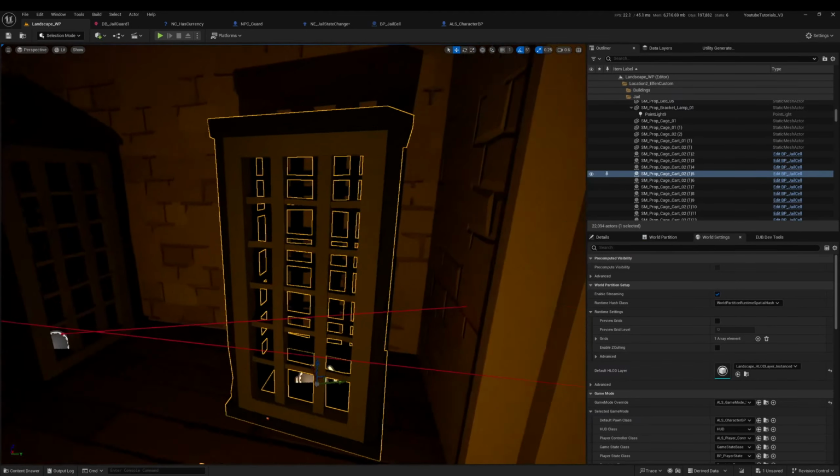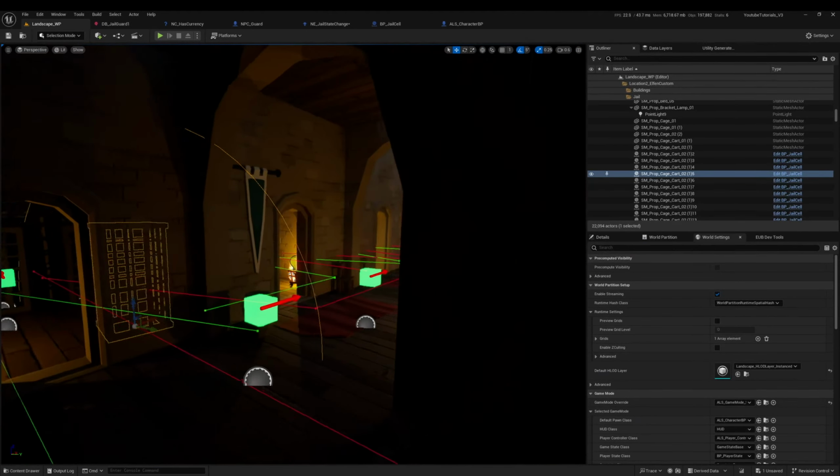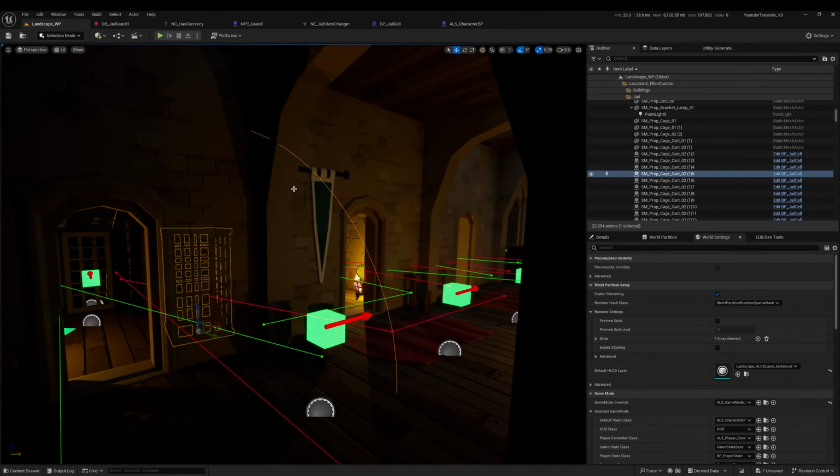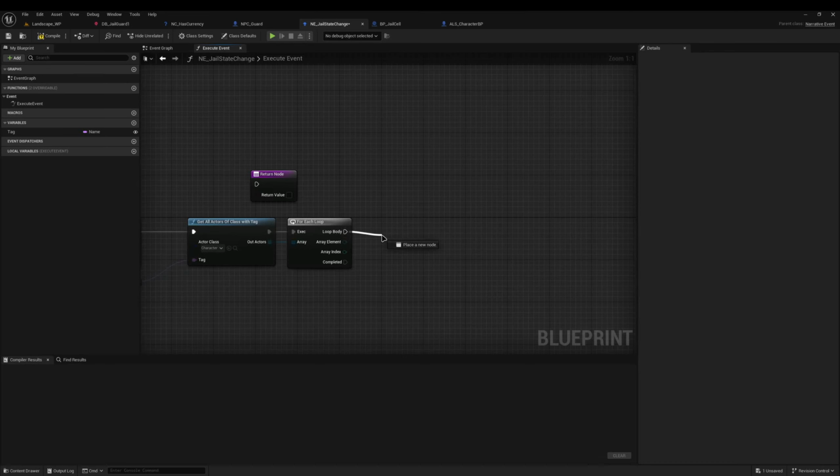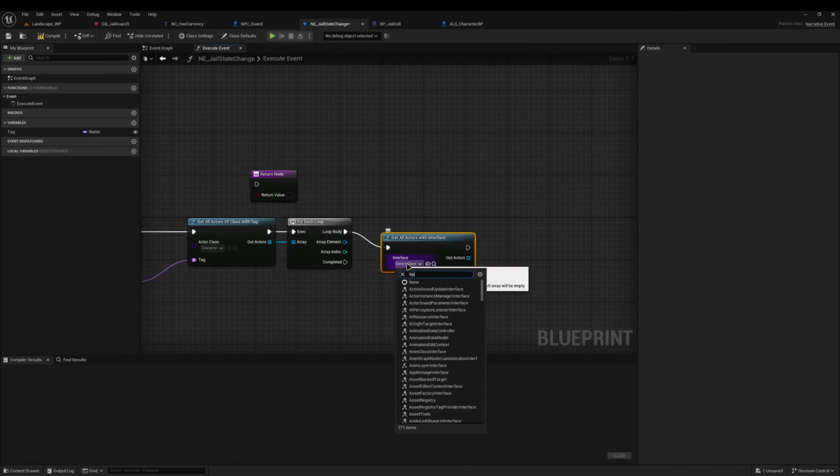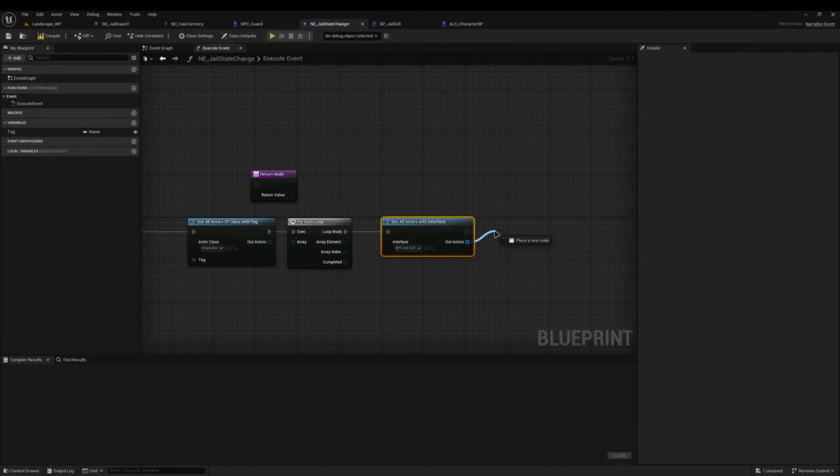So for now, we're just going to search each individual jail cell, which will be a little bit messy, but it will work. And then in the future, we will come back and improve it. So what I'm going to do, I'll just drag off of this and do get all actors with interface. And I'll search for our BPI jail cell. And then I will for each loop off of this, and then we're basically going to search if this